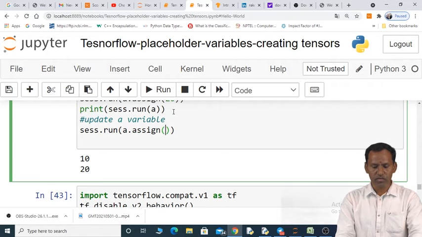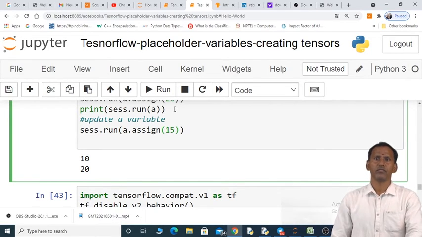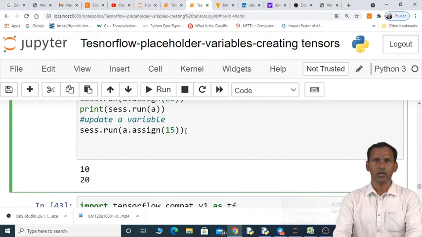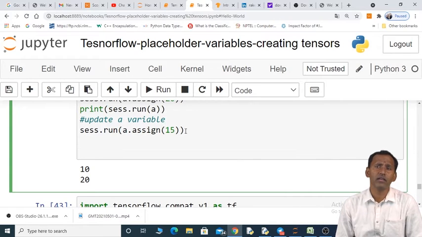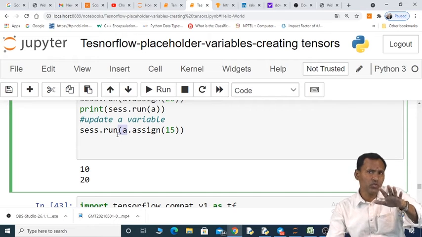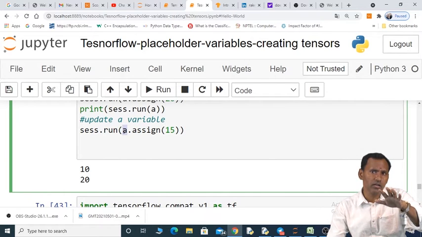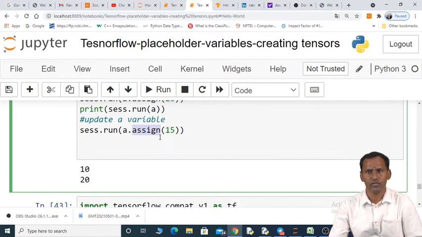Now we can update it; I am giving here 15. So sess.run(a.assign(15)). Whatever variable you want to update, that variable name you have to mention here, and this is the assign method.